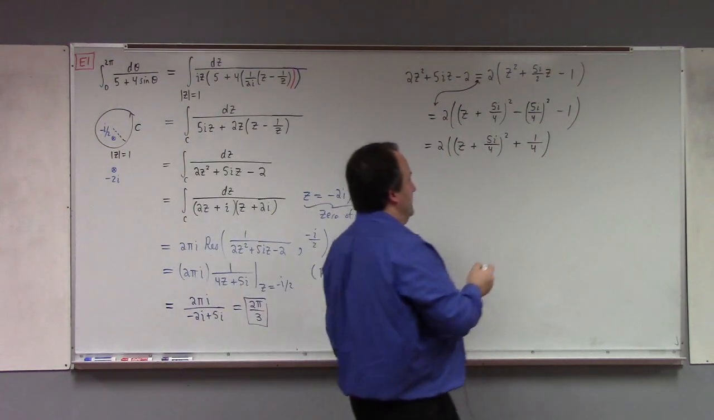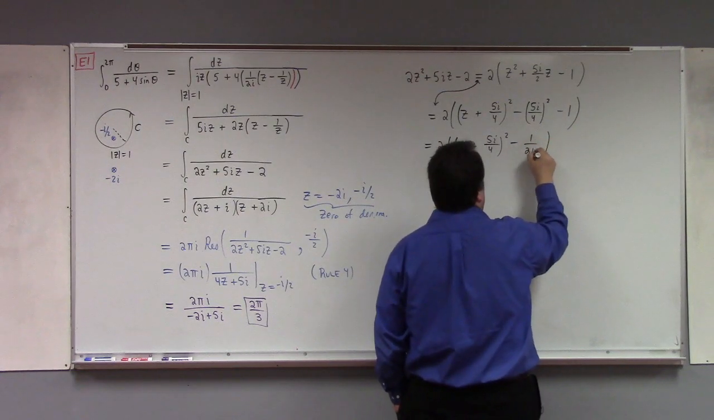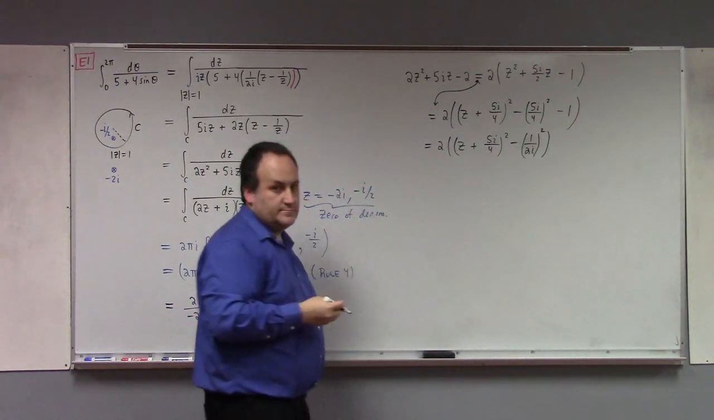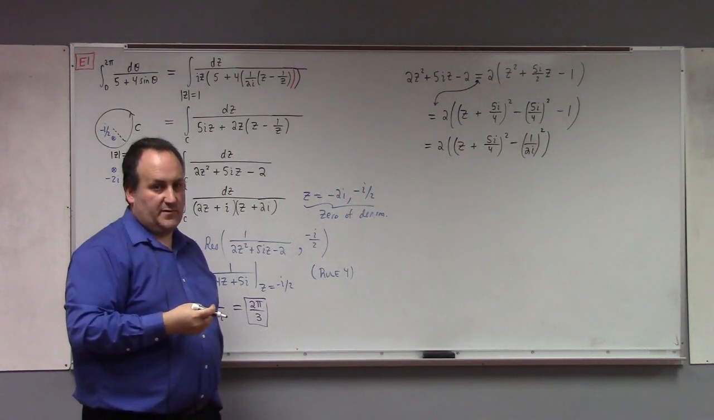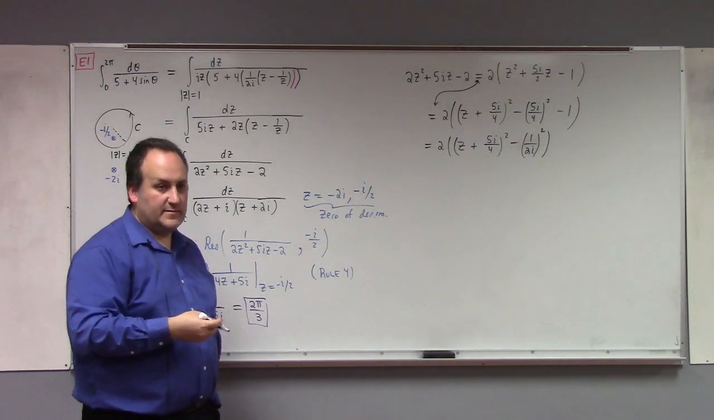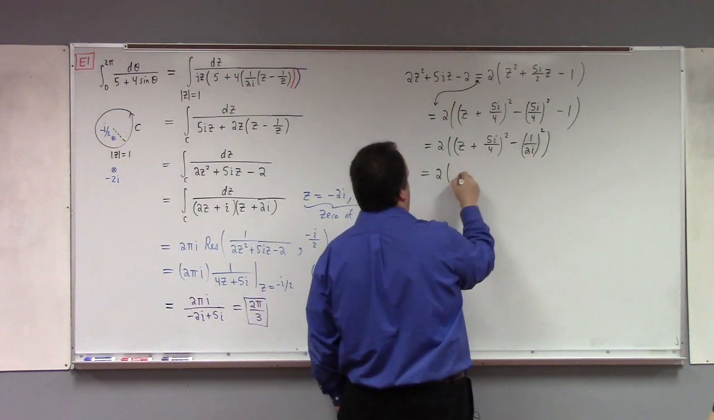But tilt your head, squint, notice that this is actually minus 1 over 2i squared, because 4i is minus 2i quantity squared. And now it's the difference of squares. So